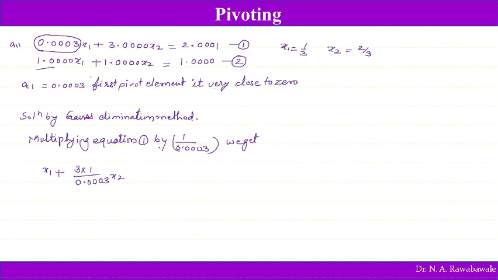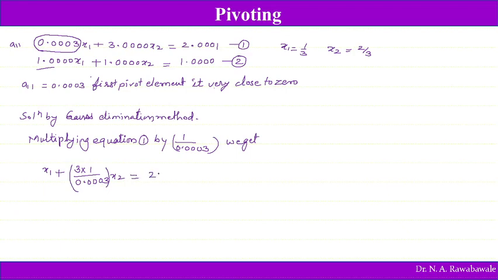If we multiply this term to the first equation, 0.0003 gets cancelled and only x1 is going to remain, and for the second term we get 3 divided by 0.0003,